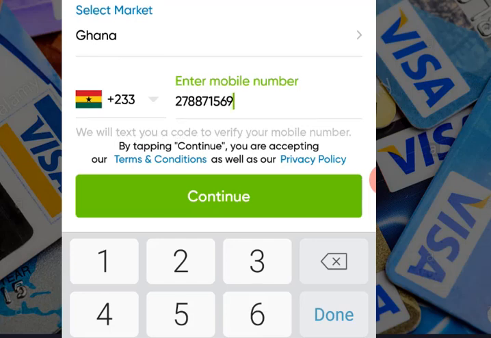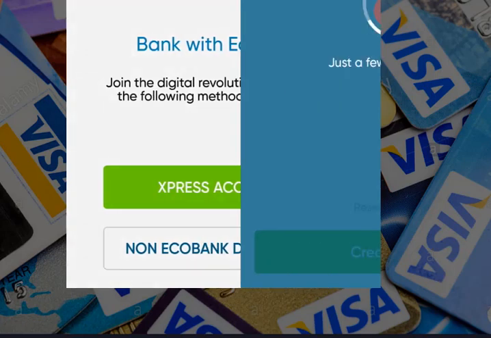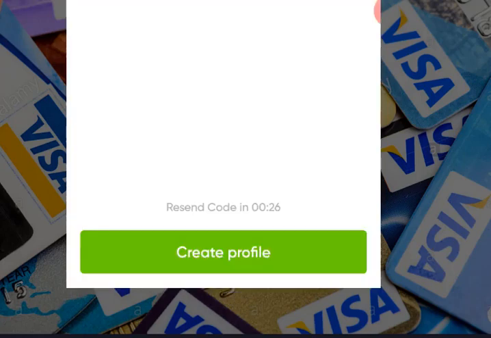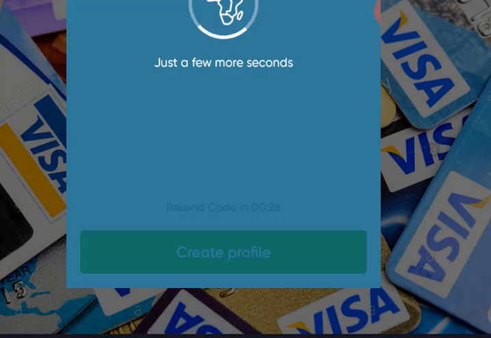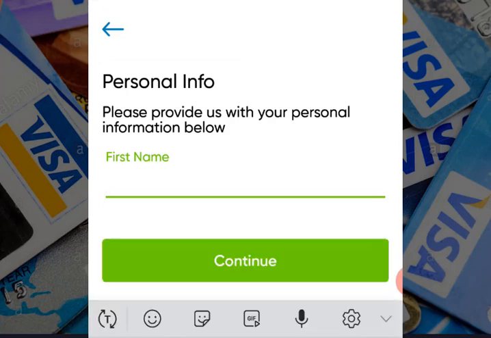Wait for just a moment. Now, when you get here, what you need to do is tap on express. Wait, and let's verify our number. EcoBank will send us a message with a code. Now we are coming to enter our details, our profile. So my name,